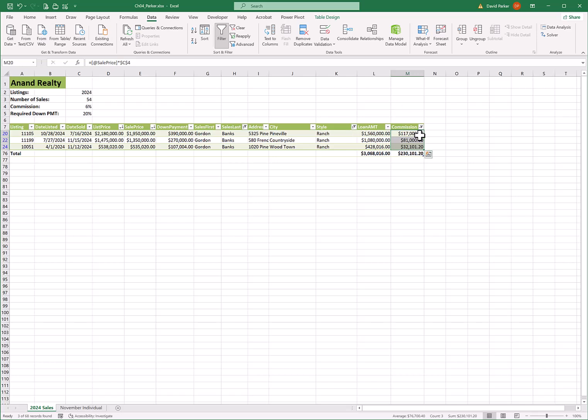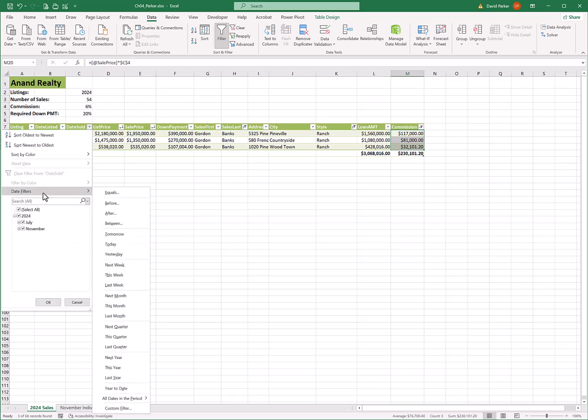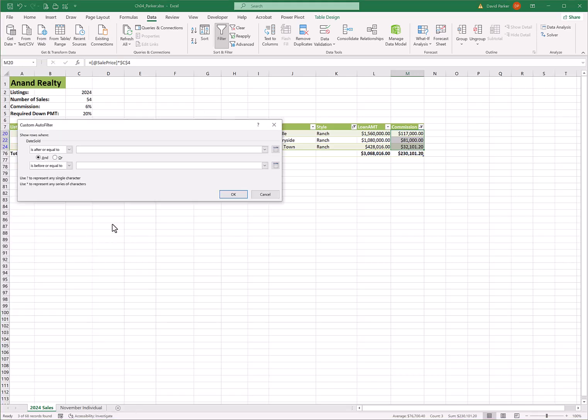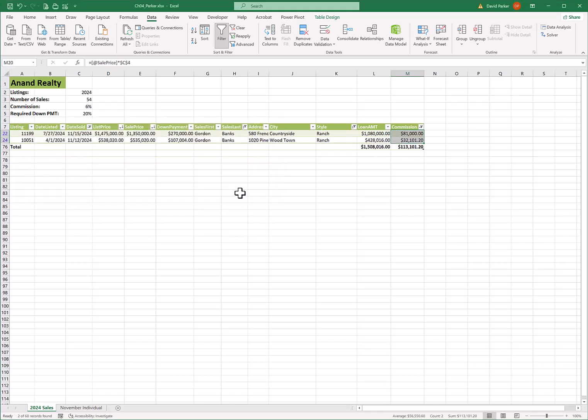You can also filter by date. So I'll go Date Sold. And for this one, I'm going to put a date filter of between. And I want it to just be for the month of November. So I'll say 11/1/2024. And let's say December 1st, 12/1/2024. Click OK. I should have a total of